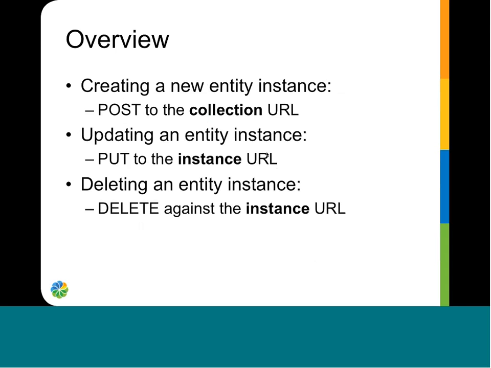Some other things about the APIs are creating a new entity instance. If you wish to create a new site, let's say, and right now the API doesn't support creation of sites, although it may in the future, but as an example, the general pattern is that you post to the collection URL. So you post a site object to the sites collection, and that will add that site to that collection. To update an individual entity, an instance of an entity, you would put to the instance URL,